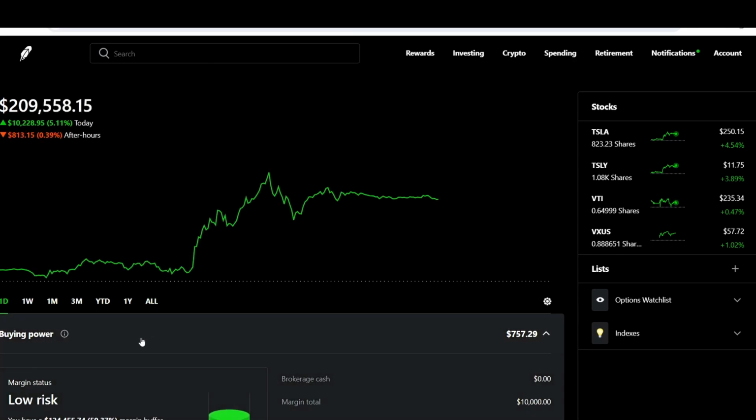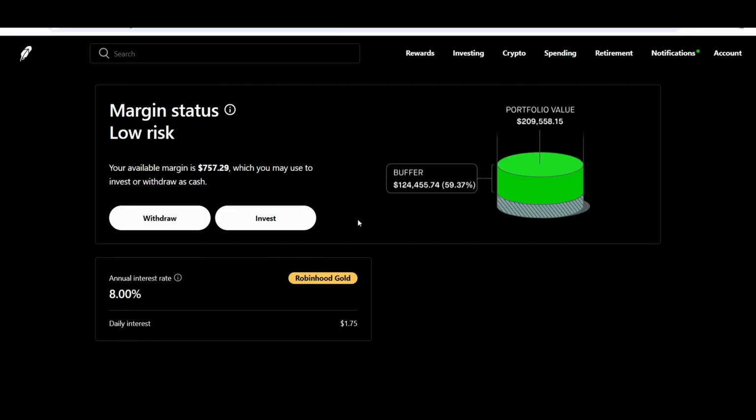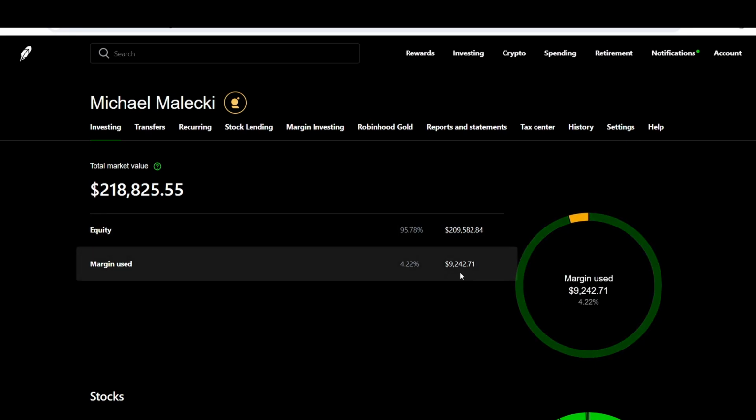Let's quickly go over some of these metrics. I do have a low risk of being margin called. Looking at the details, I have about $124,000 in buffer. This is the key: I'm only using 5% of my total portfolio. Because I have about $200,000 invested, 5% of 100,000 is 5,000, and 5% of 200,000 is $10,000. So I'm only borrowing about $10,000. My total margin use is